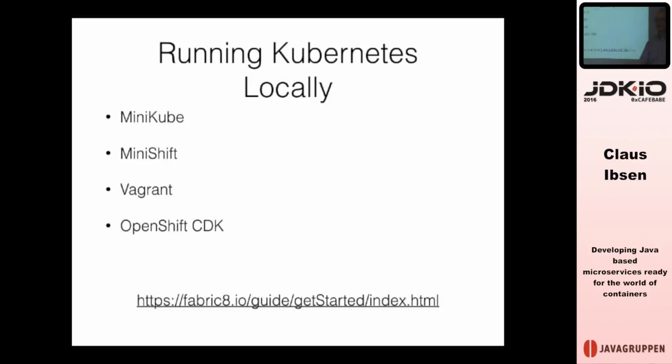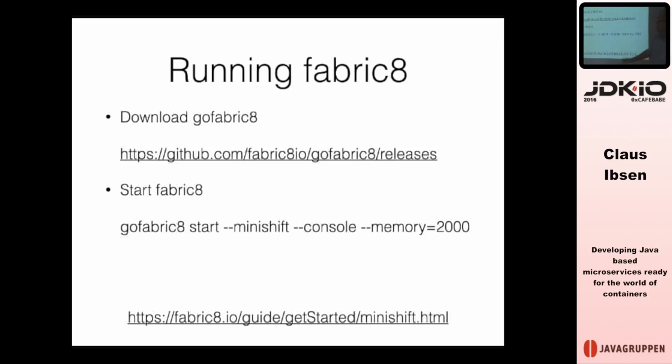There was some guy who asked me how do I actually run this cluster locally on my machine. And you have different ways. Minikube is very good, from Kubernetes on the GitHub project, and there's one for OpenShift called Minishift, and we use both of them in our daily work. Today I'm running Minishift, but for the next talk I'm going to use Minikube, trying to switch between them. In the old days we had a Vagrant image you can run, and then there's OpenShift CDK, which is also possible, but it's harder to do.